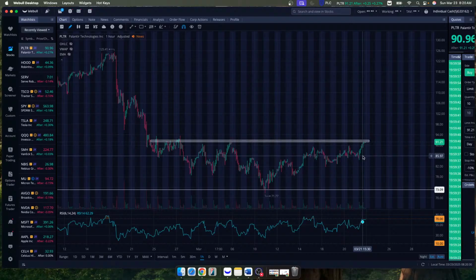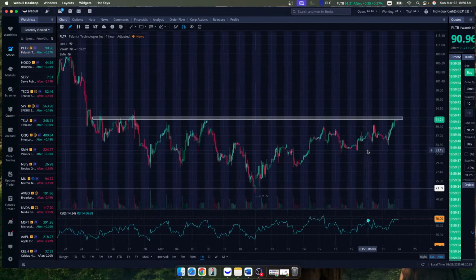Personally, I think it's probably going to fail, but it doesn't matter what I think. What matters is what the market is going to show you. So if we wake up and it's bullish and it already breaks past 92, now you're looking at that, cut your stop loss below 92 when you get an entry and go from there.